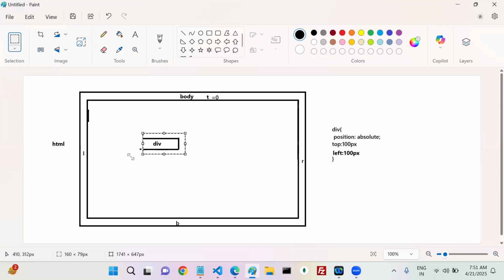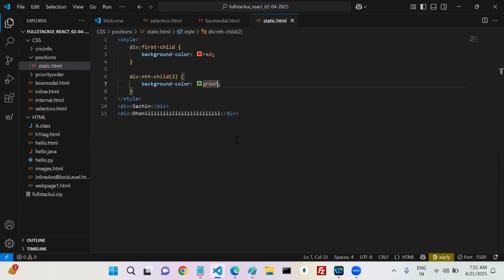Finally my div is going to be placed here or not? Understood? All are agreed? Yes, sir. Okay, it always takes the parent as a reference, but a slight change is required. We'll see now. Now what I'm going to do is here,